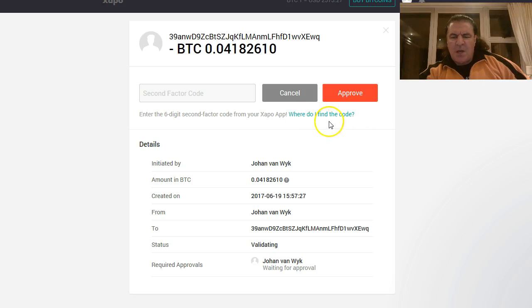Where do I find the code? It is in light blue here on my computer. But it's going to come up here with the option to send the code to my cell phone. So I'm waiting for that message to arrive. And that takes very long lately. I don't know why.